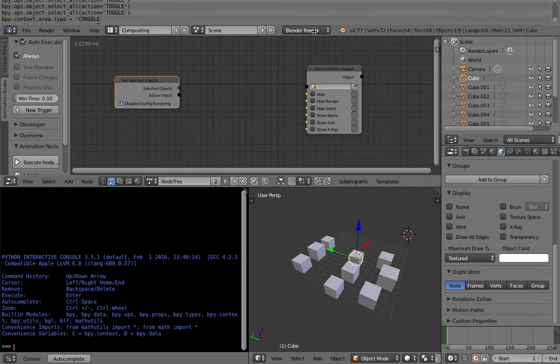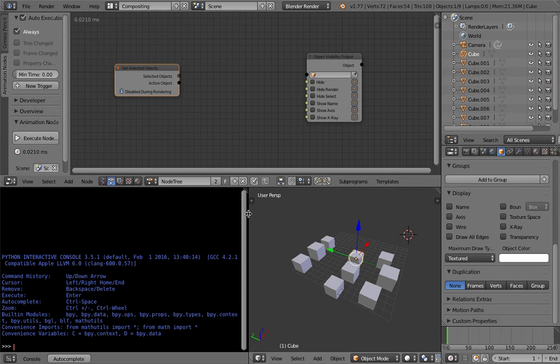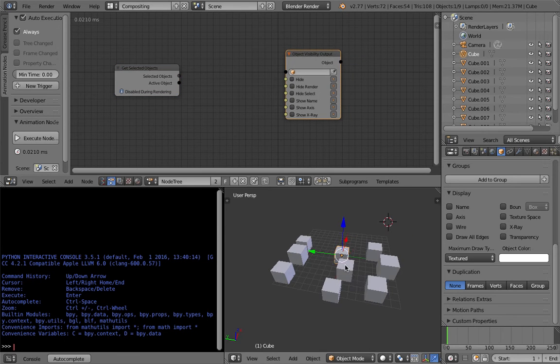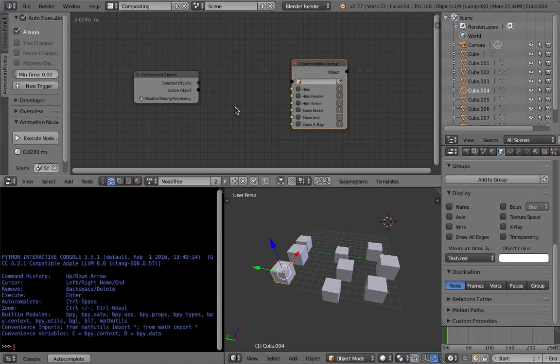So anyhow, if you're using Animation Nodes, especially with this Get Selected Objects node, you can have a more visual kind of thing. You have this assistant, and you can command this guy to do what you want. So okay, in this case we want to show the name of each object in the 3D view,